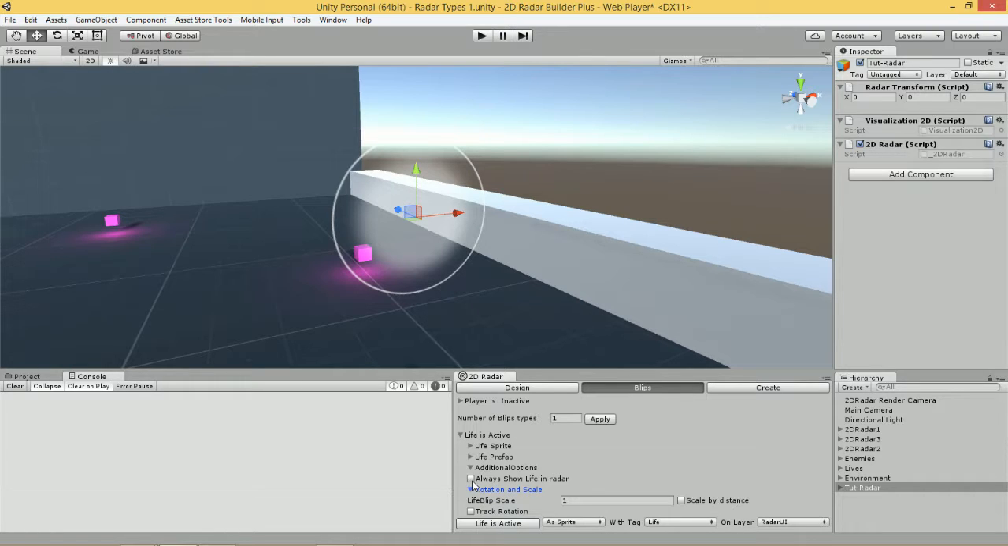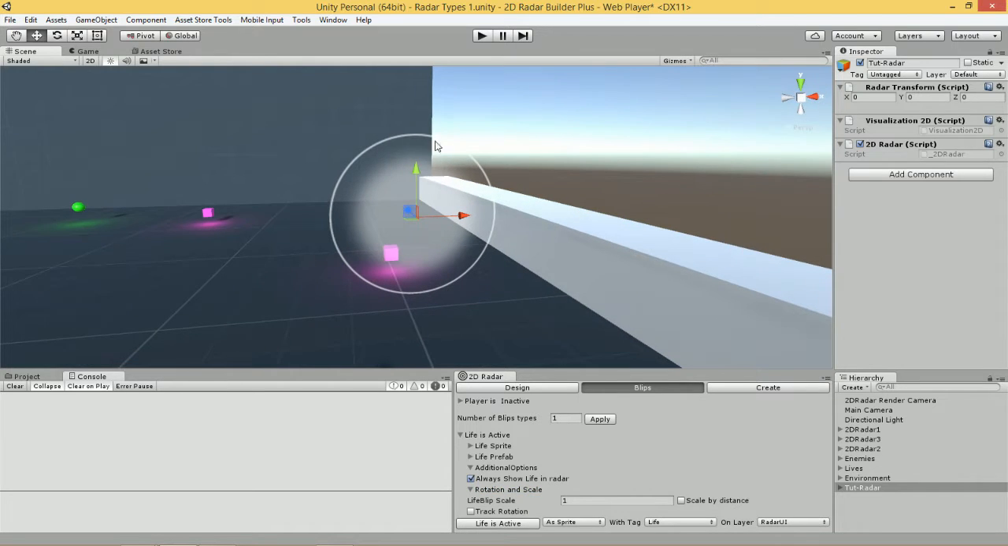So we're going to turn on always show alive in radar. What that means is that the blip will always remain within the bounds of the radar here. Additionally, when this function is turned on, the blip will scale down once it passes the bounds of the radar. So we're going to set our blip size to 0.1,